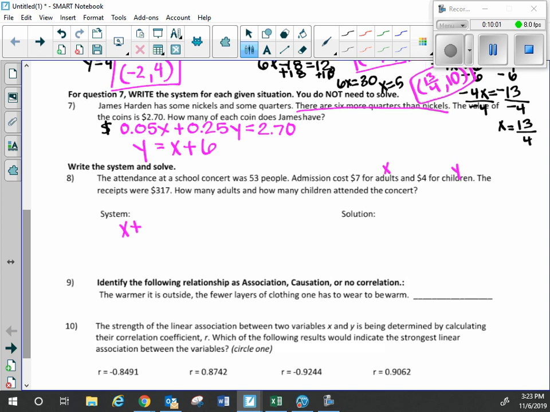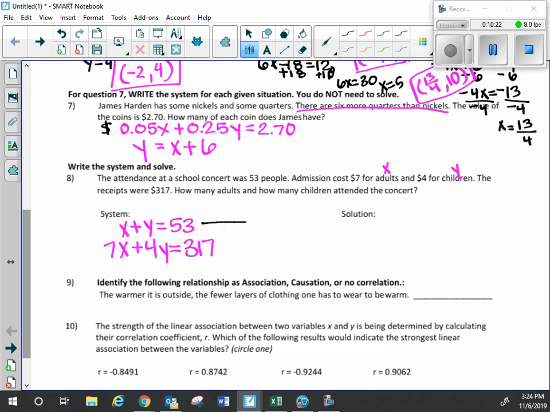So adults and children, there were 53 people. For each adult, they charged $7. For each child, they charged $4. They made a total of $317. So there's your system. Then when you solve it,